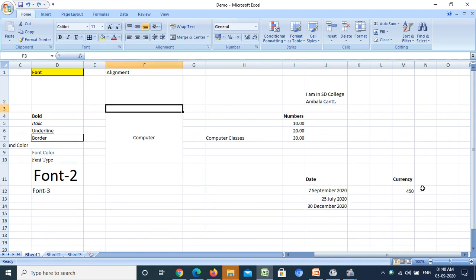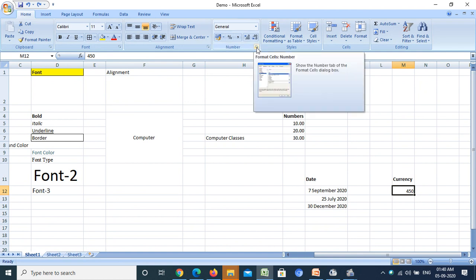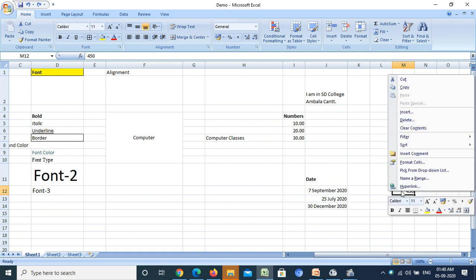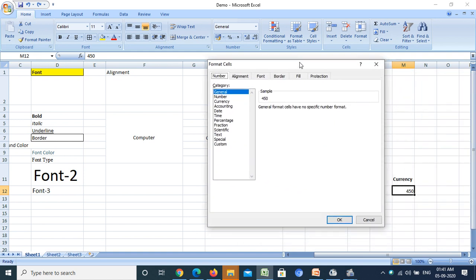Next is currency. Suppose you want to apply currency to this number. First of all, you have to select it. Then you can click on the dialog launcher button. Also, I'll tell you another method. You have to right click on this cell. Now choose the Format Cells option. Again, the Format Cells dialog box will appear.